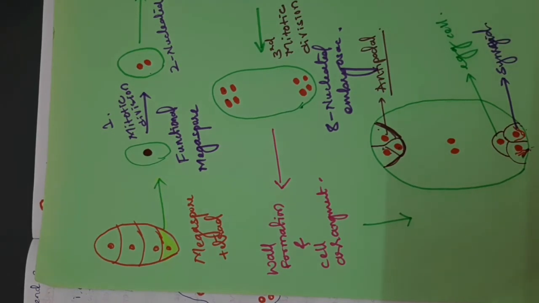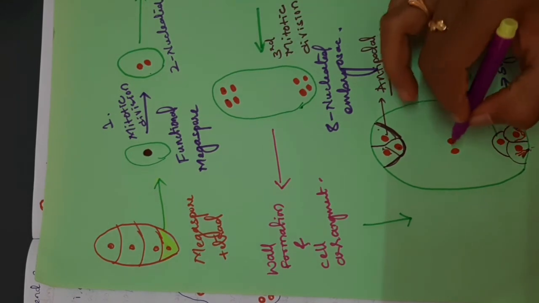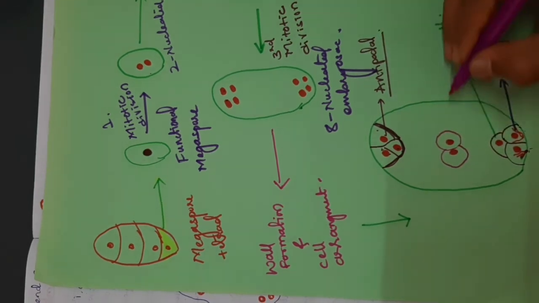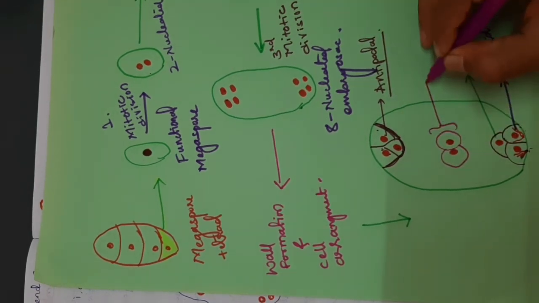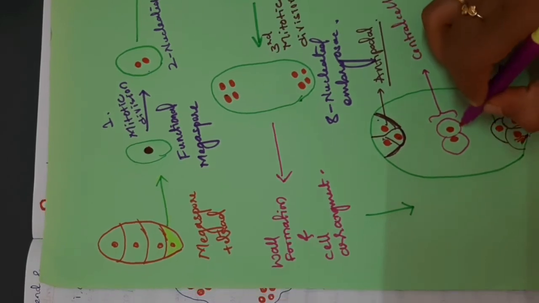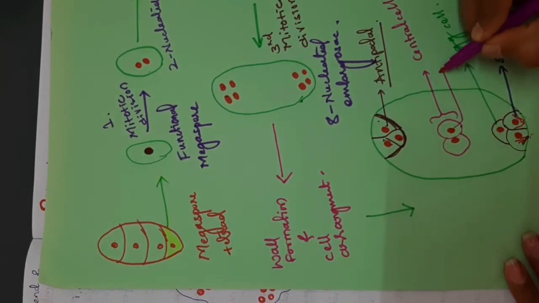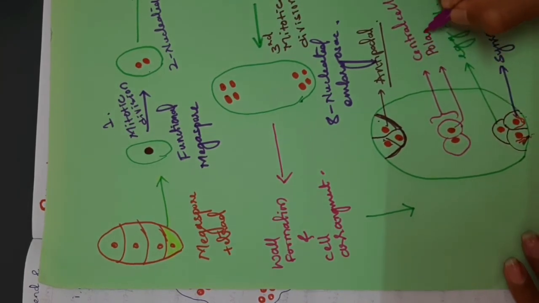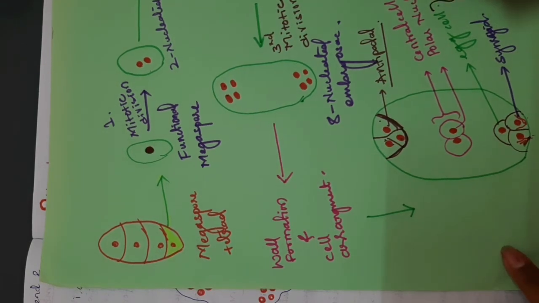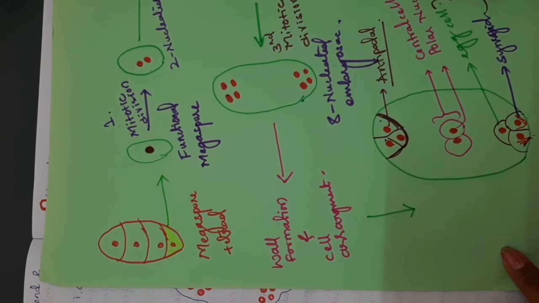The centrally located 2 nuclei are grouped, have the 2 individual cells. That whole structure is called as a central cell. Each nucleus is known as a polar nucleus. Polar nuclei and a central cell, synergid cells. The structure of a combination of egg cell and a synergid cell is called as a egg apparatus.